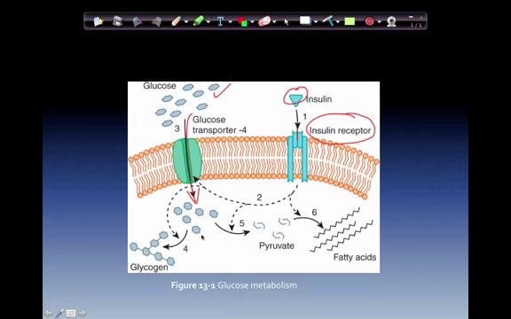Now, once this glucose is in the cell, we turn it into pyruvic acid, and then essentially run it through the Krebs cycle to formulate energy. So this is a key component of our energy production inside the cell. We make about 2 ATP molecules without oxygen. Glucose is a major component of the energy formation of ATP.